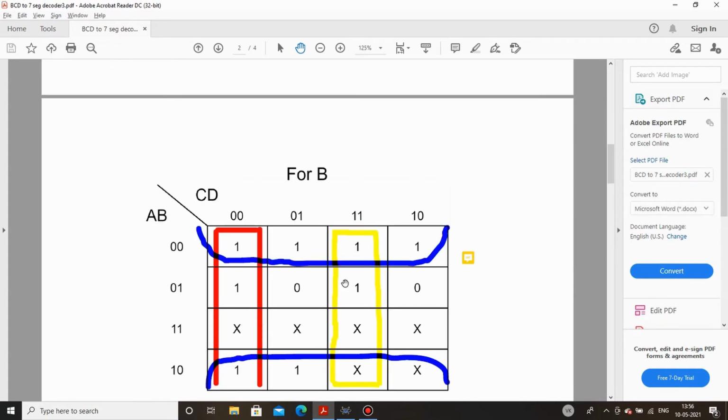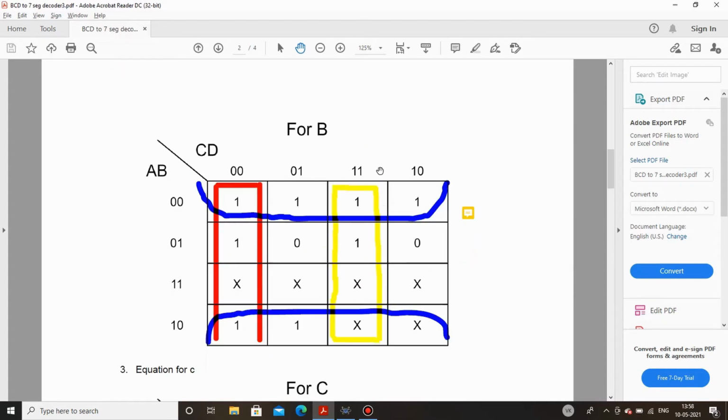Now coming to the output for LED segment B. Here you can fill these values by looking into the truth table, and regarding pairing, we will pair this entire row and this entire row. If you see, B is same in both the rows, but it's 0, so it will be B bar. And regarding columns, everything is changing, so we have only one term, that is B bar.